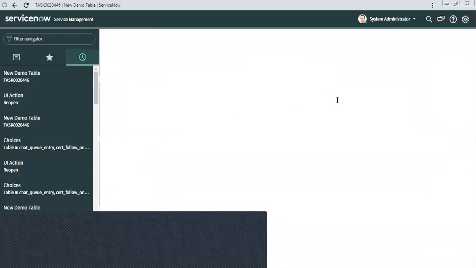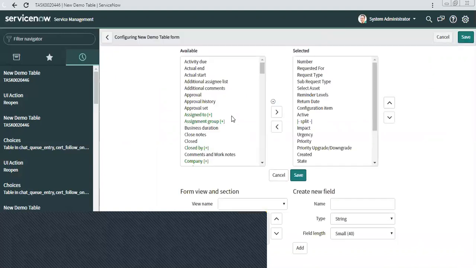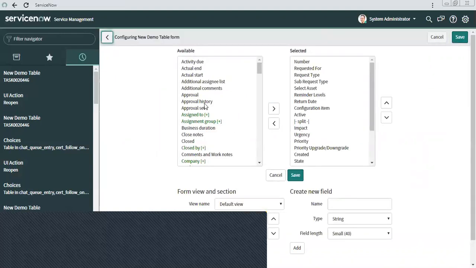Through client side only, either client script or UI policy. UI policy may not work here, but we can write a client script to make it mandatory. So in those cases, client side code will come into the picture.